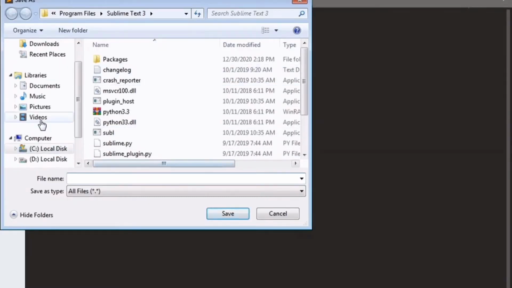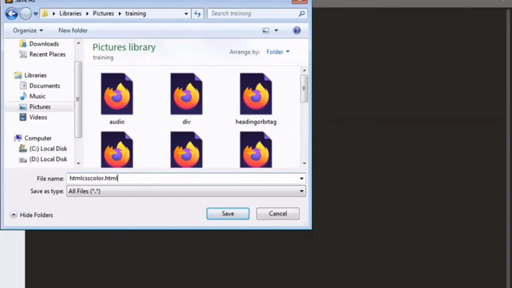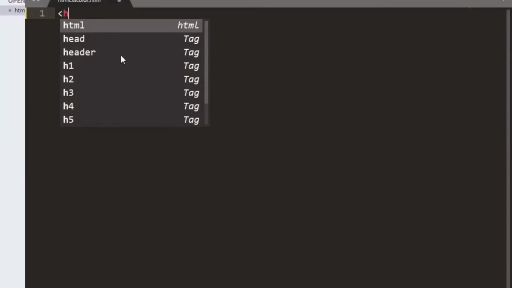As we have opened our Sublime Text, now we will save our file with the extension. After we have saved our file, we will write the body structure.